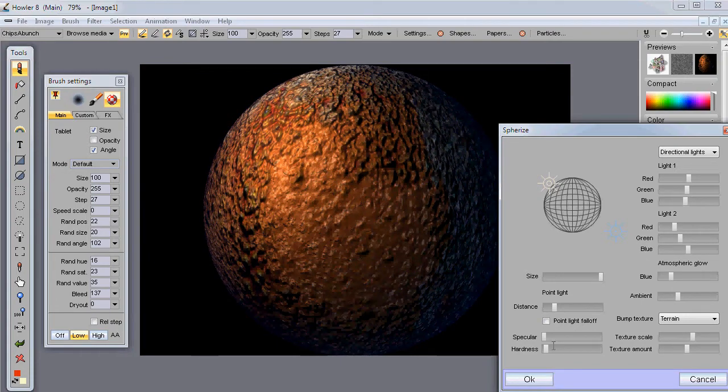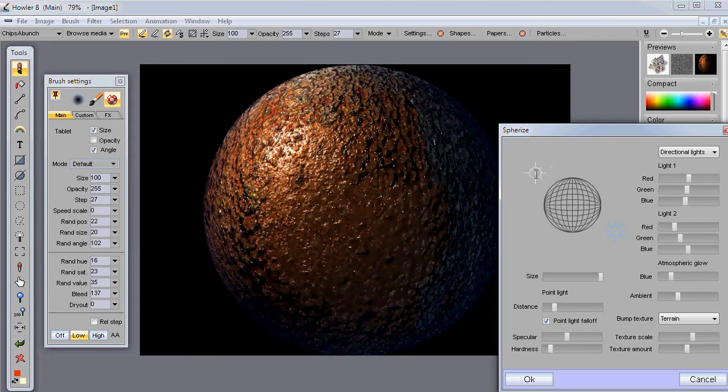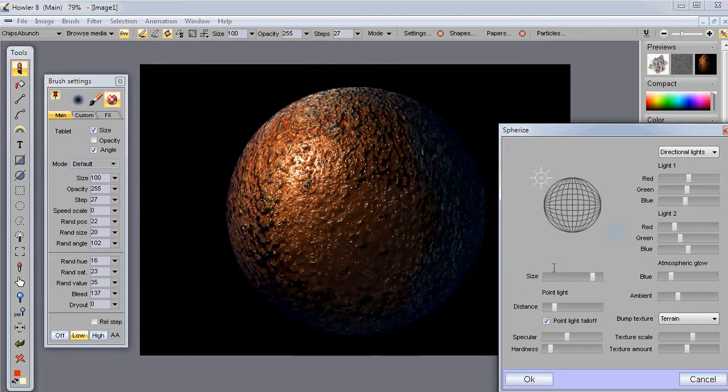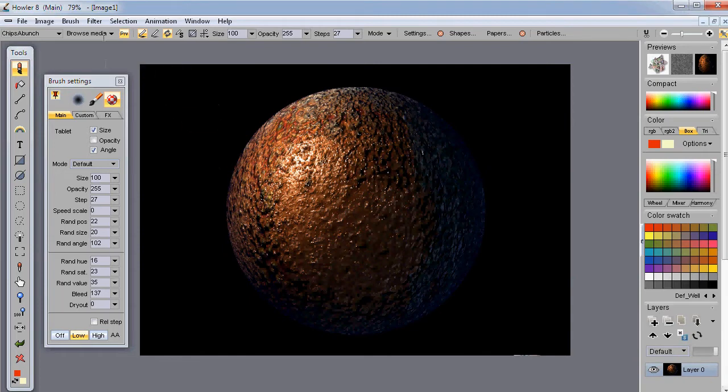And lots of things to experiment with here. Point lights. Add a little bit of specular to that. Look at that. Make it a little bit smaller. That's a new feature also in version 8. You can change the size, the radius of the sphere. There you go. And now I'm going to just move that to the side,